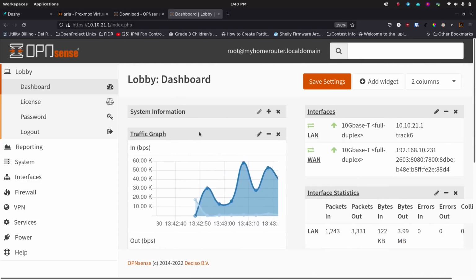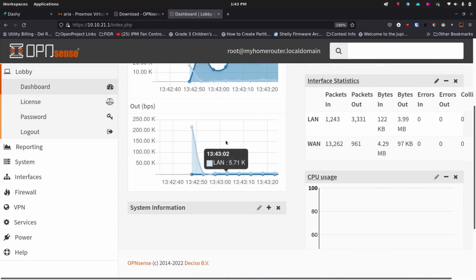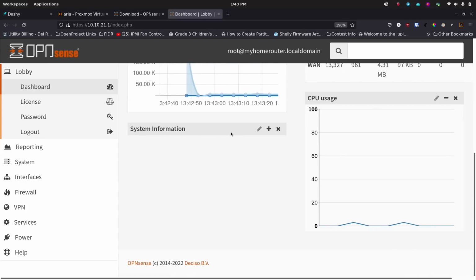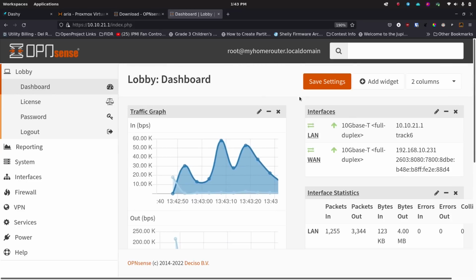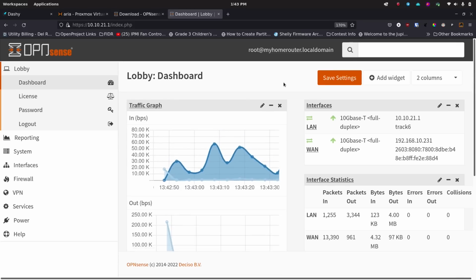There we go. So now I can move it above that. I like to see my traffic graphs. The information stuff is good. I like it down here. And my CPU usage can be kind of down at the bottom. And then again, if I zoom this back out